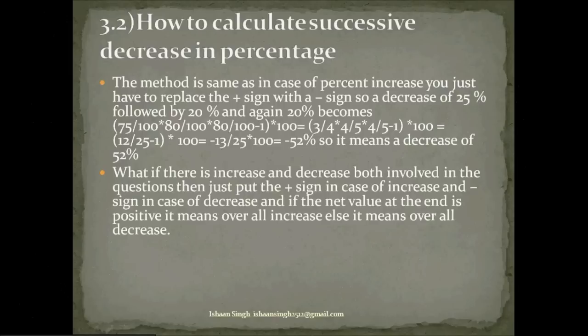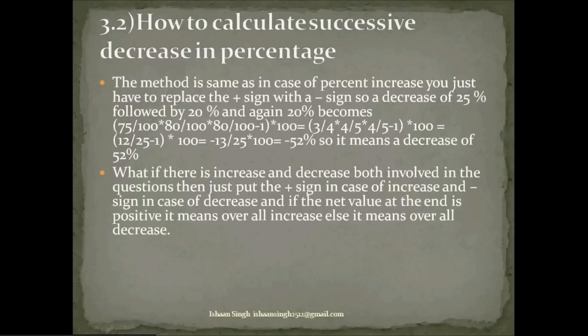So going by that logic, we will be able to calculate the percentage increase or decrease using the same formula that we were using for the above two methods. If the value at the end comes out to be positive, there is an overall percentage increase. If the value at the end comes out to be negative, there is an overall percentage decrease. I haven't used any example for it, but you can consider it. Like for the first year, consider that the value has decreased by 25%, then again it has increased by 20%, then again decreased by 20%.